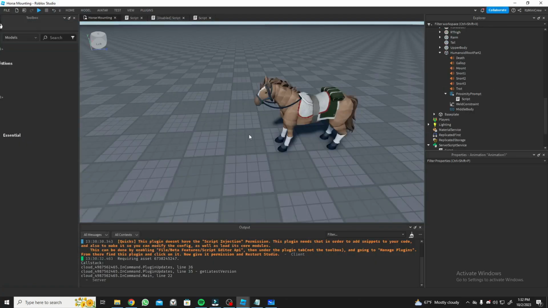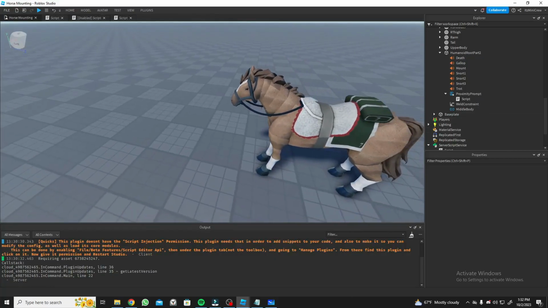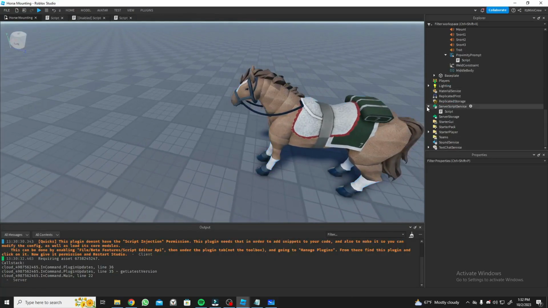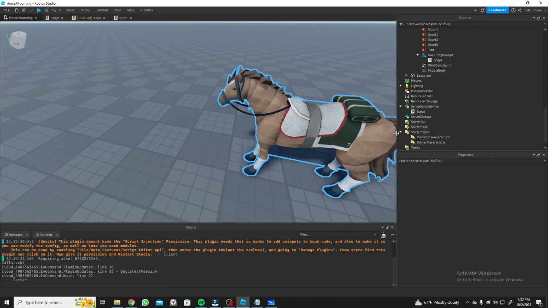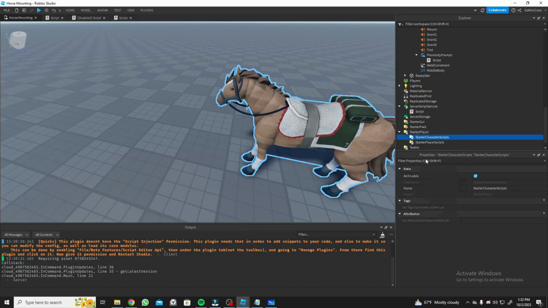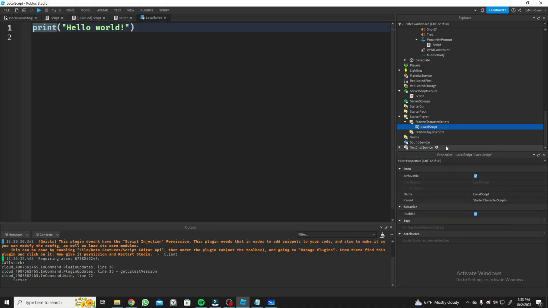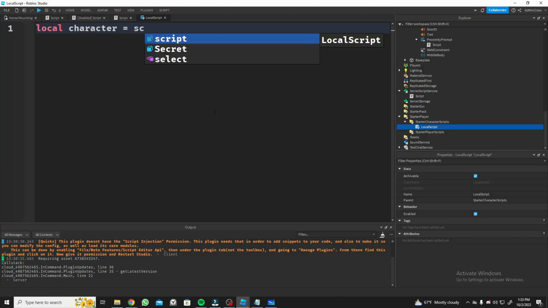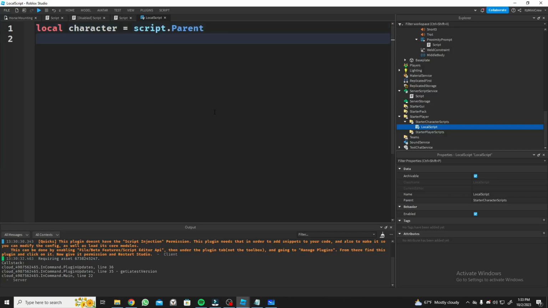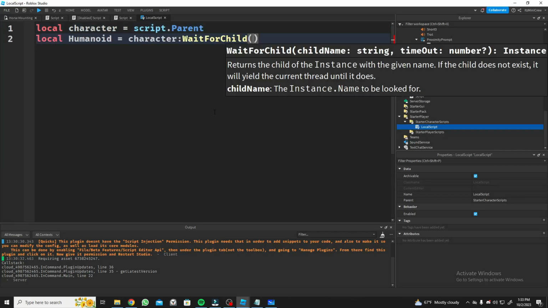So let's do that. For that, I am going to go to StarterCharacterScripts. So StarterPlayer, I'll just extend this a bit, and a LocalScript in StarterCharacterScripts. You can rename this to anything you like. I'm just going to keep the LocalScript name again because I don't know what to name it right now. But local character = script.Parent, since it's under the character scripts, and local humanoid = character:WaitForChild("Humanoid"),